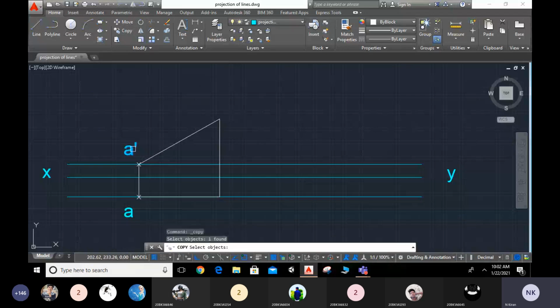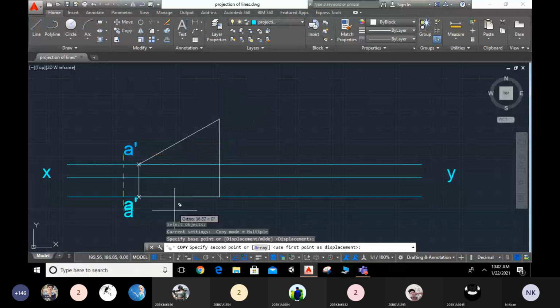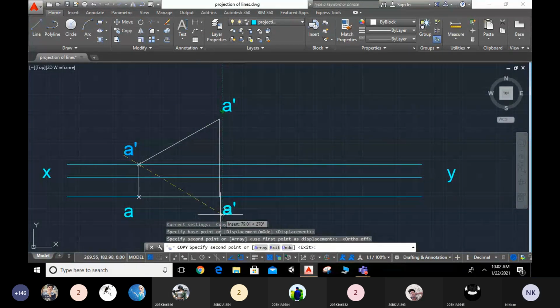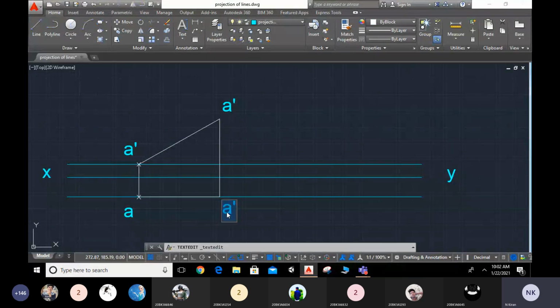Now let me copy this point. I will give lettering as B1, because this is not the final one.